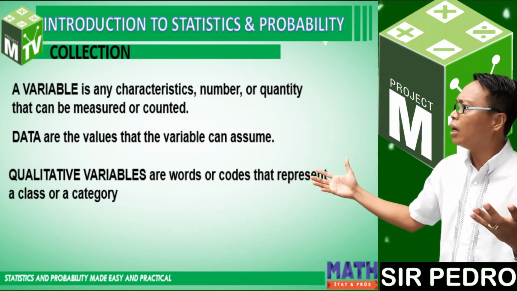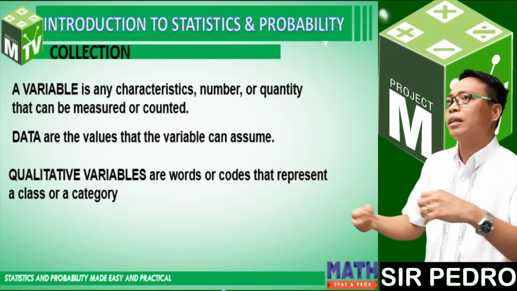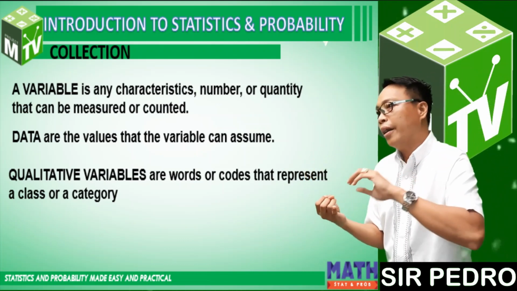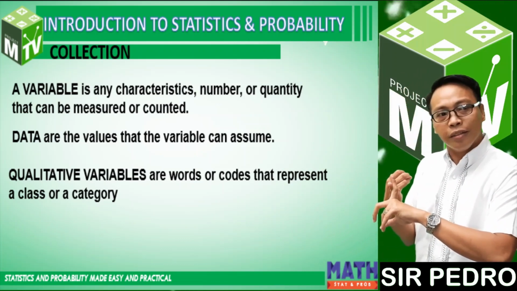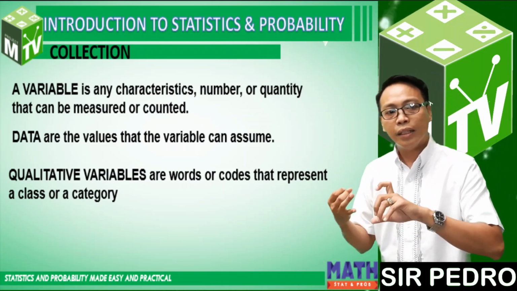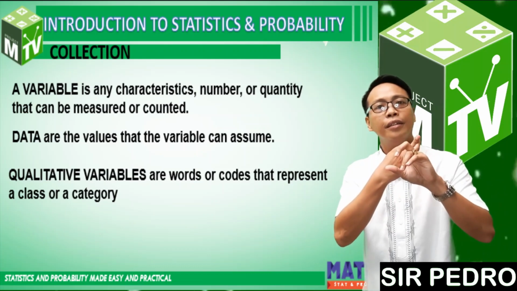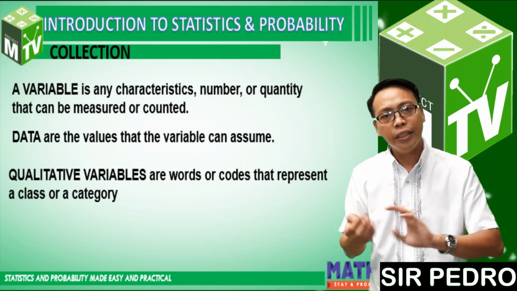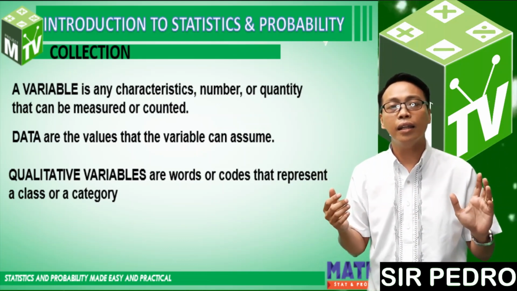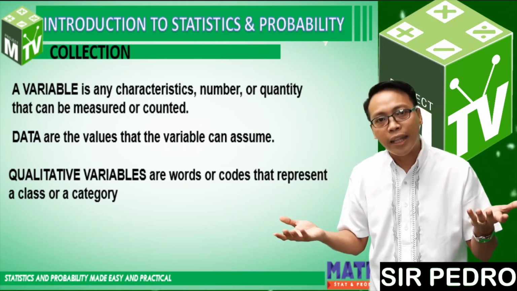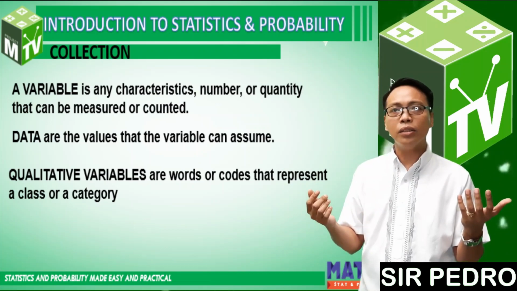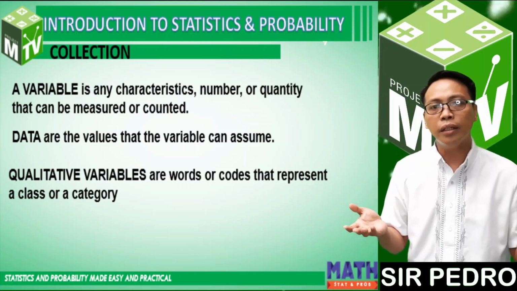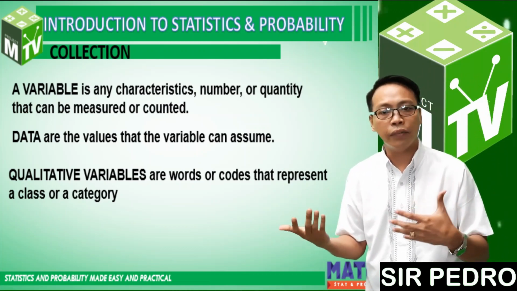Grouping. What are the groupings? Going back, we have religion. That's a grouping. Gender. Eye color. Address. Year level. Marital status. What are the marital statuses? Single, married, widower, widowing, and so on and so forth.